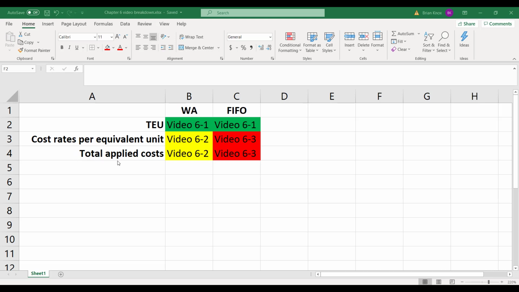And then we have applying the costs and getting total costs for units completed and transferred out and for ending work in process. And some slight differences in these 2 methods for that too. And so what I'm going to do is go over just calculating total equivalent units as well as teeing up the general idea of process costing, giving you a theoretical background for it in this first video. And then in 6-2, I'll dive into what you do for the rest of the process costing cycle in weighted average, and then in 6-3 we'll do the same now for FIFO,